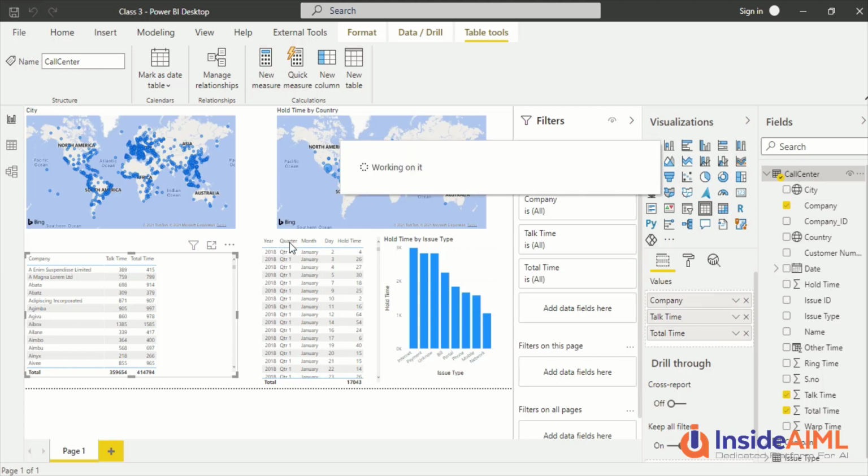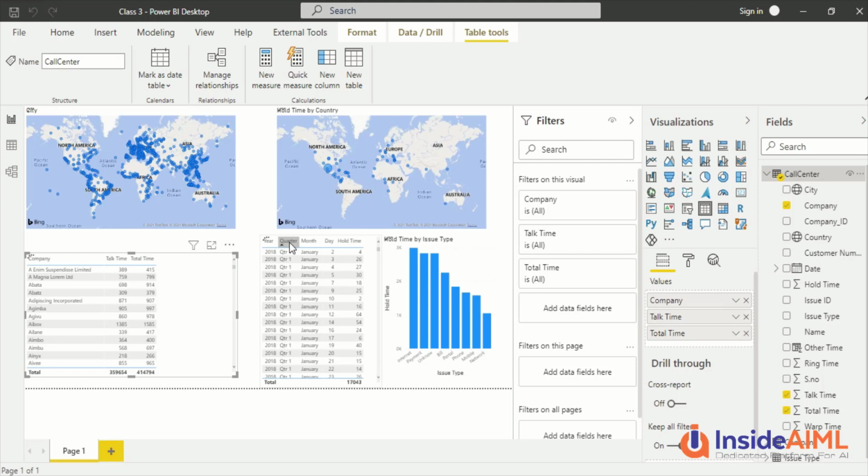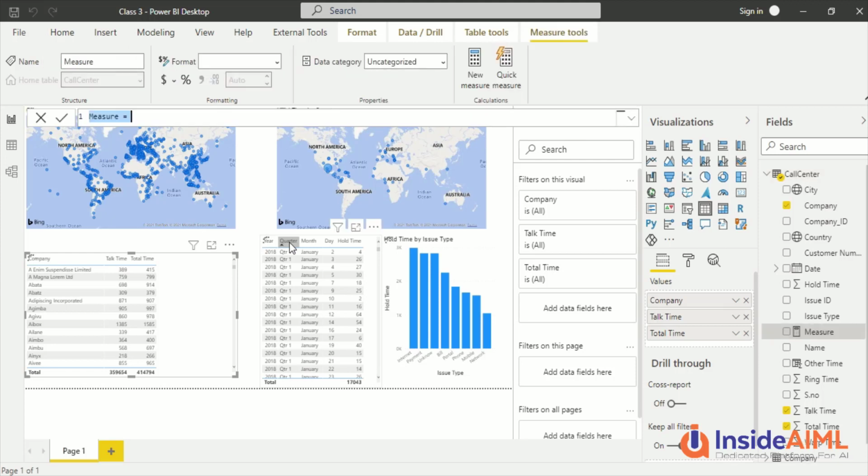Now when I create a measure, we need to understand one thing: a measure takes a measure, or the columns with aggregation, which is basically a measure only, or you can call it an implicit measure. So an explicit measure is when we explicitly define it, and if we simply drag a column into the table and it sums it up, it has actually created an implicit measure. But in the measure definition, we need certain measures which we explicitly call measures. So we will call it talk time percentage. I'm creating one explicit measure.